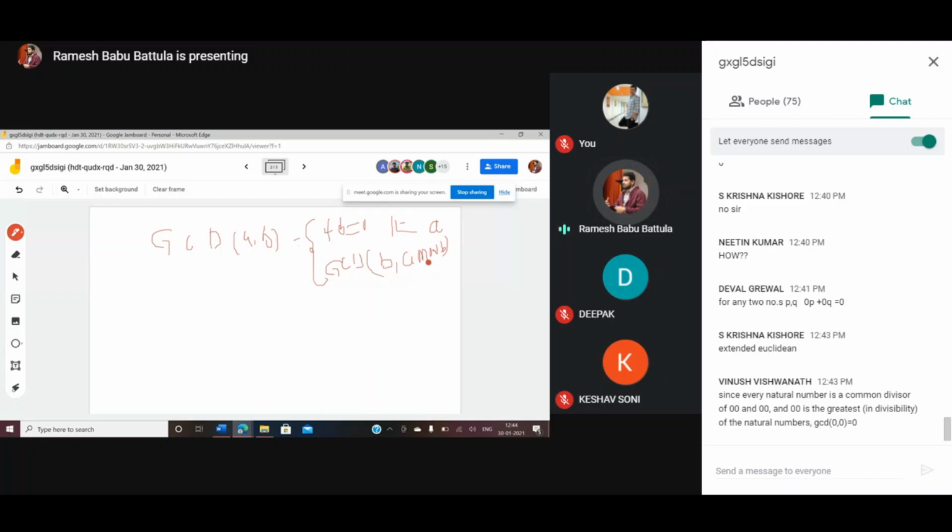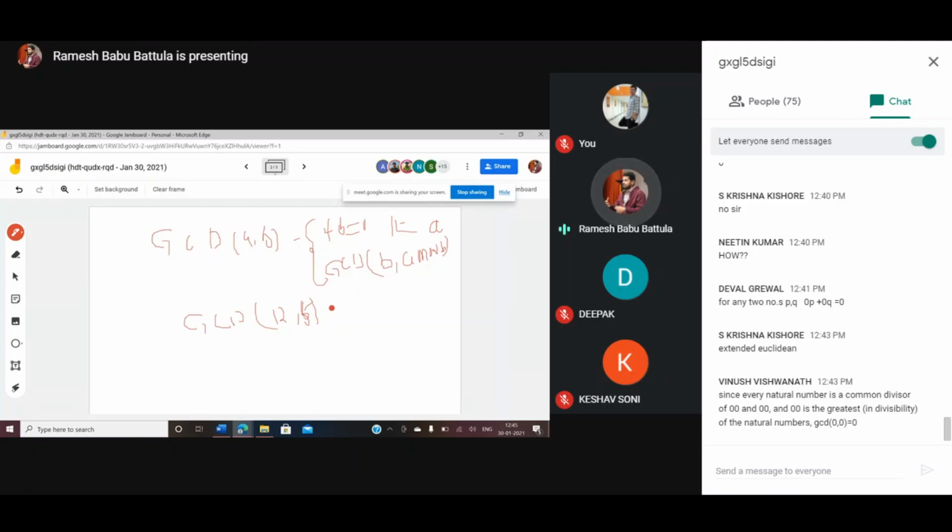If you wish to find, any value you may choose. Just suppose this equation: you may find GCD of 12 comma 6, or 12 comma 5. You will find that. This is the small algorithm he proposed, and we are finding GCD based on this only. That's why GCD of 0 comma 0 is always equal to 0. That is the correct answer.